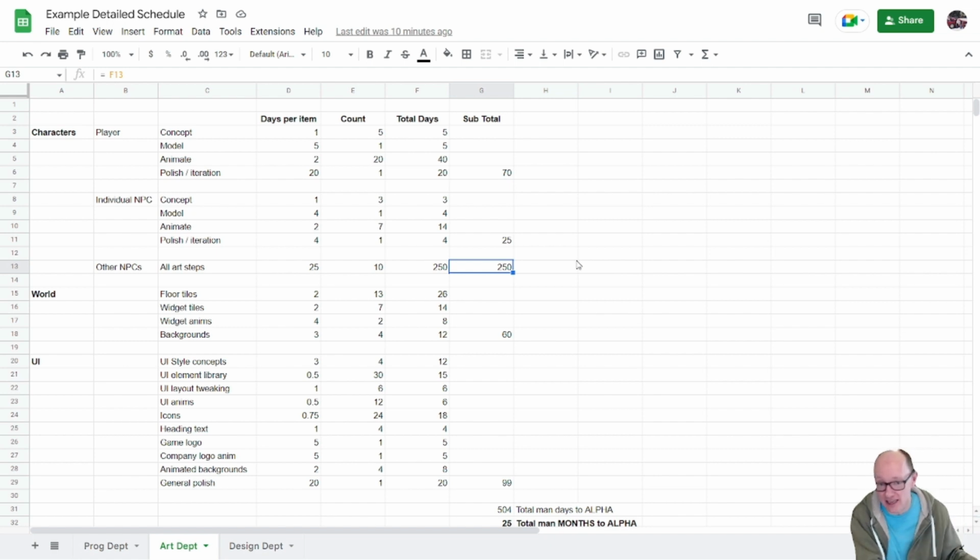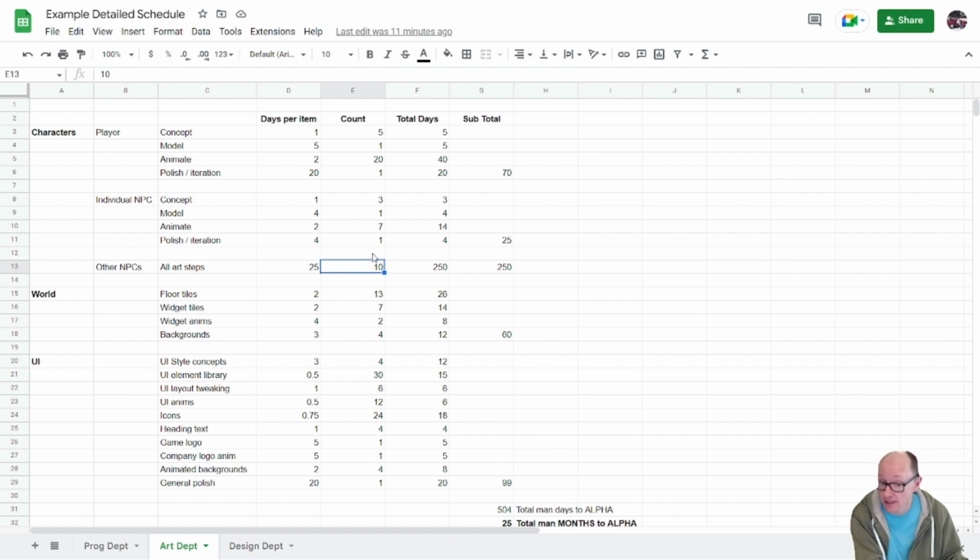Because if we can get this 25 number down, then multiplied by 10, that has a big effect, right? So you can chat with the artists and see whether there's a way that we could reduce how long it takes to make an NPC, and you can talk with the designers to see if we can reduce how many NPCs we need to make.